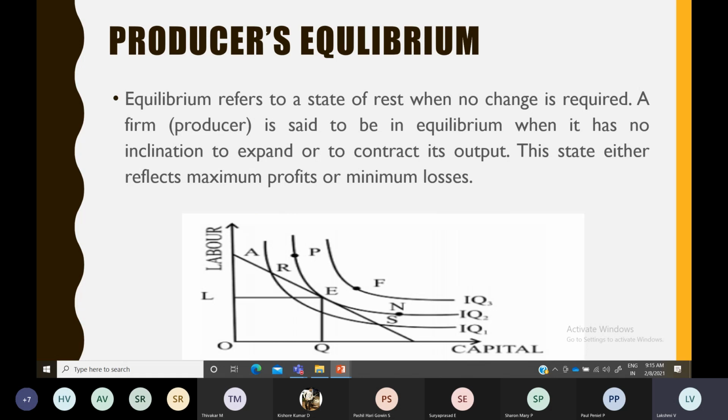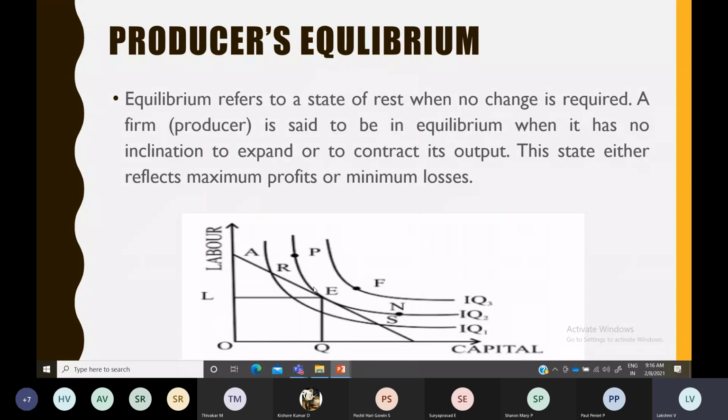So that is the maximum stage where I won't have any urge to consume further. That is the point where I don't want to consume more. I don't have that urge or feel to consume more. So that is known as consumer's equilibrium. Producer's equilibrium is the same thing: that is the point where he is going to achieve maximum output with the input. His input cost will be minimum at that level, and he is also able to produce the efficient output with which he can achieve maximum profitability.